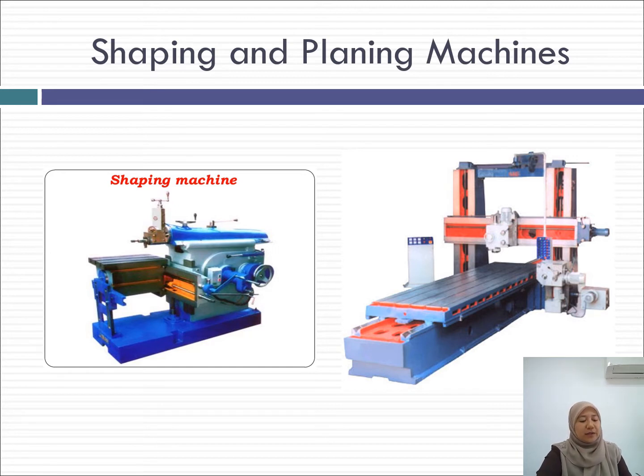The motion of the ram consists of a forward stroke. So it's moving forward to achieve the cut. And then a return stroke, during which the tool is lifted slightly. So after finishing one line, the tool will be lifted slightly and then goes back to the starting point, the return stroke, to clear the work and then reset for the next pass. On completion of each return stroke, the work table is advanced laterally relative to the ram. Feed is specified in millimeter per stroke.